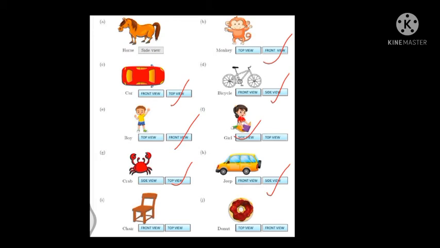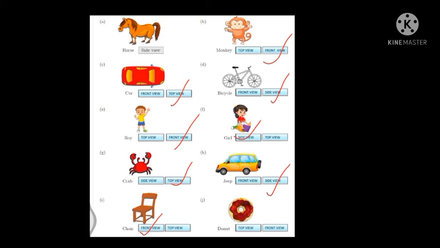Is that clear? Then the next one is a chair. Next, which one is it? Chair. Students, if we look at the chair from the top, the options given are front view and top view. If we look from the top, we can see only this much portion, but we can't see the base of this chair. The base of the chair will not be visible. But if we look at this chair from the front, we can see the chair like this. Yes or no? So that means this is the front view of this chair. Is that clear to everyone?